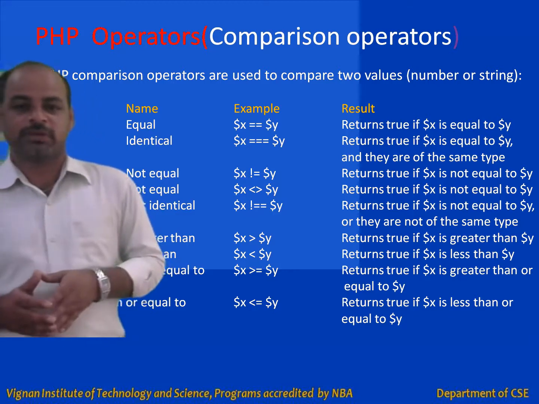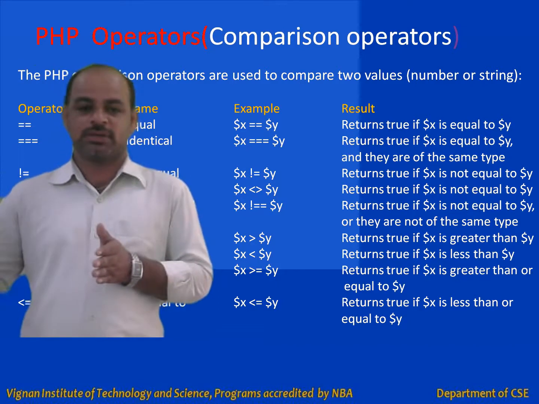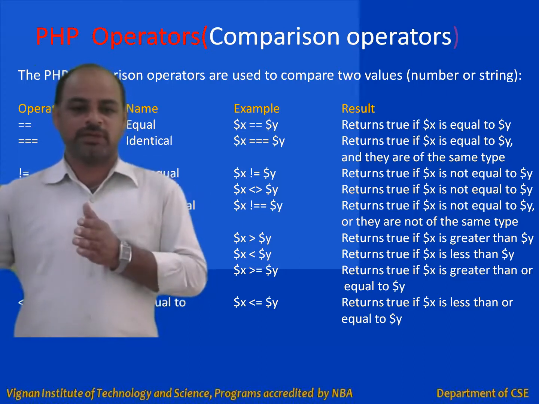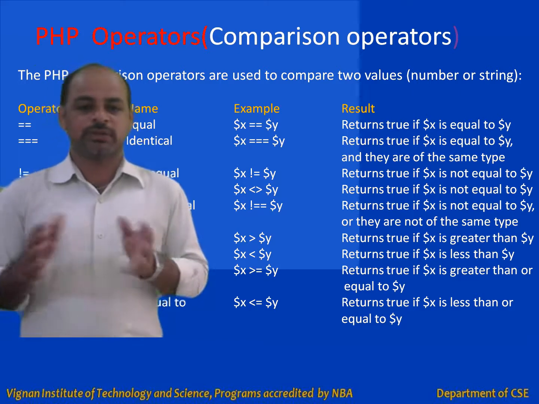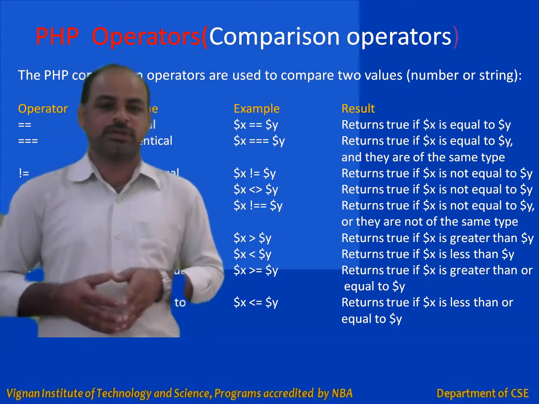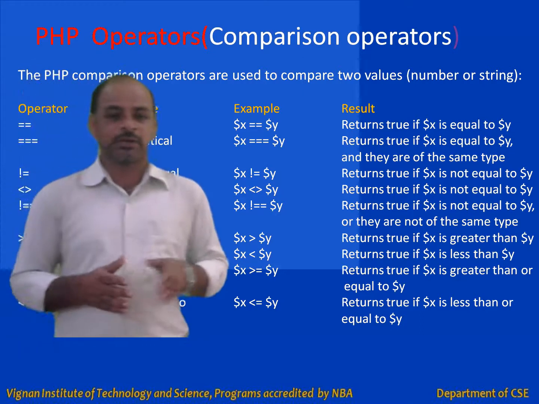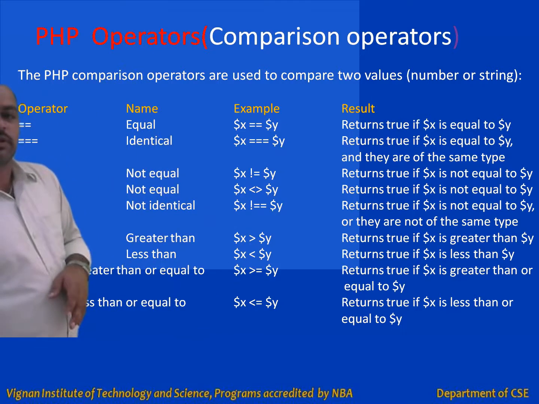So first, equal operator. Equal operator means if x is one variable and y is another variable, these two are having the values here. So compare x value with y here. If both values are same, it returns the Boolean value true here. Otherwise, it returns the Boolean value false, right? Similarly, we have the identical operator. This identical operator is represented by three equal signs. You can see here, there are three equal signs here.